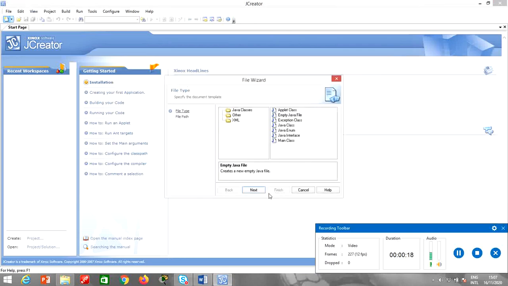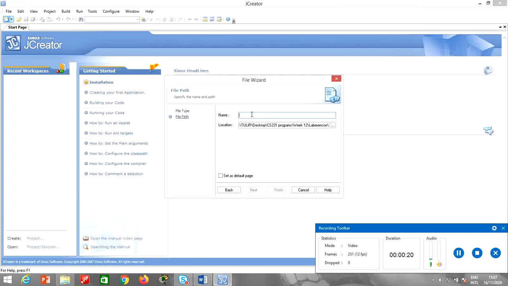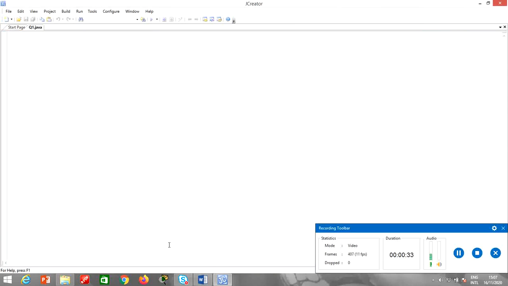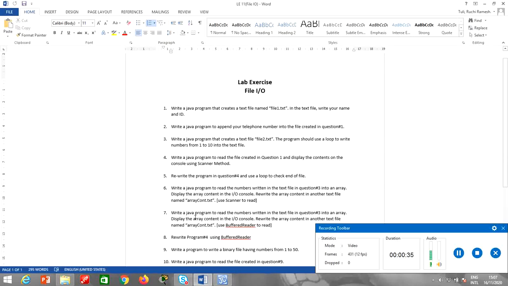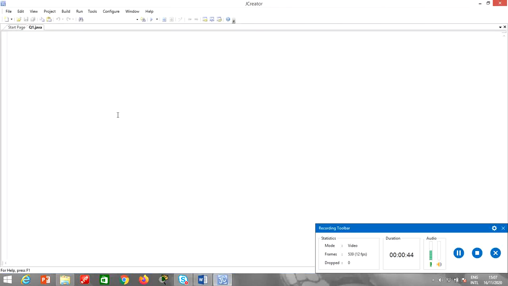Let me just create a first file. Okay, so I'm going to create it in the folder. I have a folder CS231 programs on desktop, and under that I have week 12 folder and in the lab exercise. Alright, so I'm going to, what's the question? Question says write a Java program that creates a text file named file1.txt, and in the text file write your name and ID. So I will quickly import the files